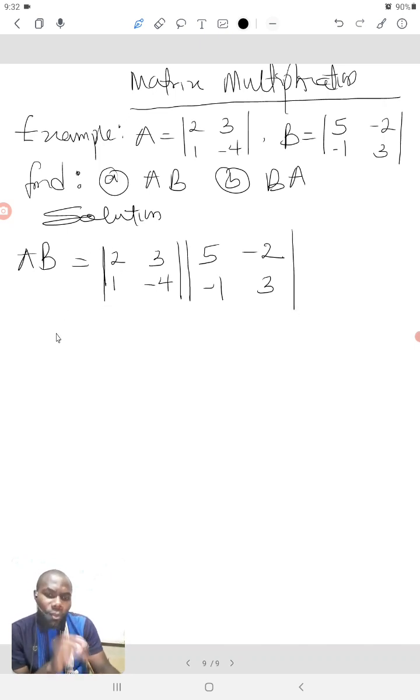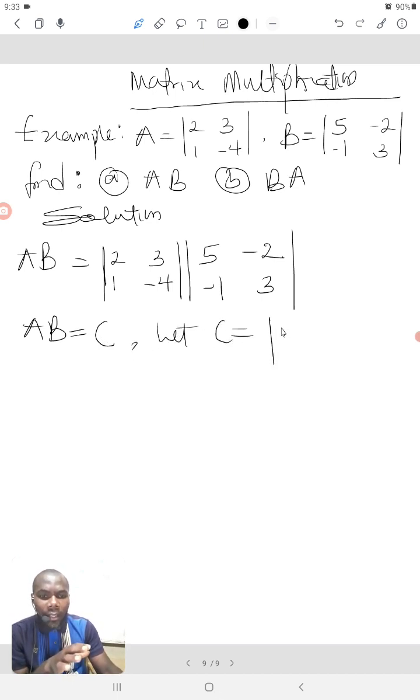Now, the way we used to do it is as you just say AB is equal to C. So let the C be C row 1 column 1, C row 1 column 2, C row 2 column 1, C row 2 column 2. So what you just need to look for now is C row 1 column 1. And the multiplication formula is